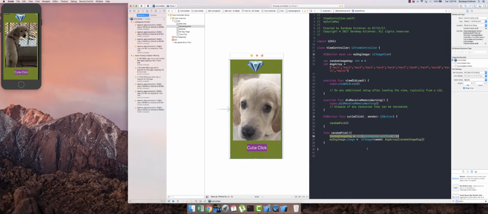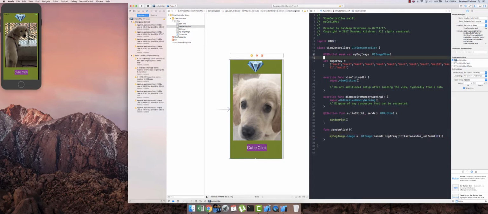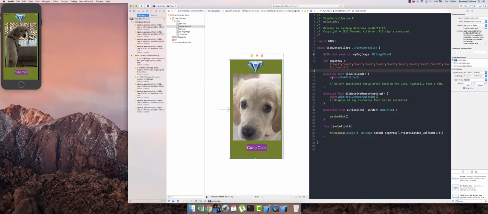Okay, and I will take this particular part of the code, which is to simply generate a random number, and I'll insert that here, and I'll remove this particular variable. So by doing that, I have got rid of 2 lines of code, and the fewer lines of code you have, the easier it is for you to understand. So here you create the array and keep all your images,